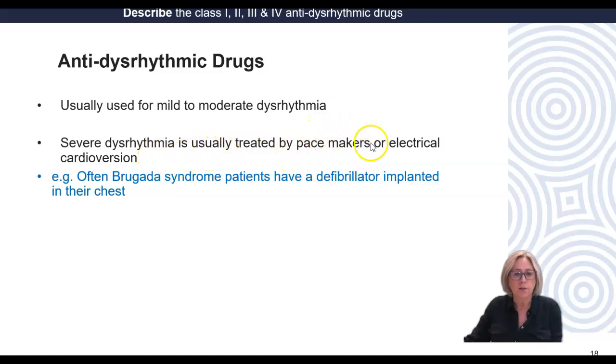So if somebody has severe bradycardia, so very low heart rate, then an artificial pacemaker will be inserted. Or if the severe dysrhythmia is a very severe tachycardia, then electrical cardioversion. So there is this syndrome called Brugada syndrome where patients have an abnormal sodium channel. So it opens when it shouldn't, and that's what leads to ventricular fibrillation. So these people will have a defibrillator implanted internally in their chest because they're at really high risk of going